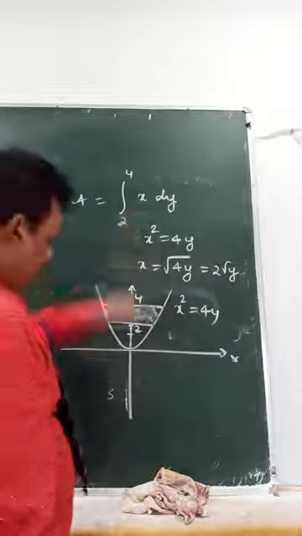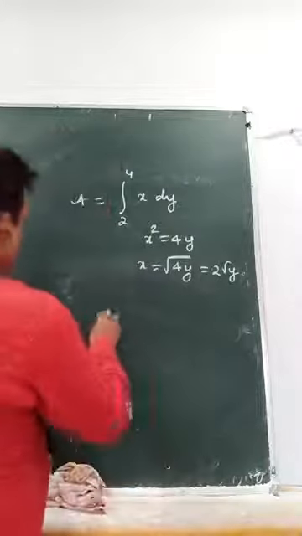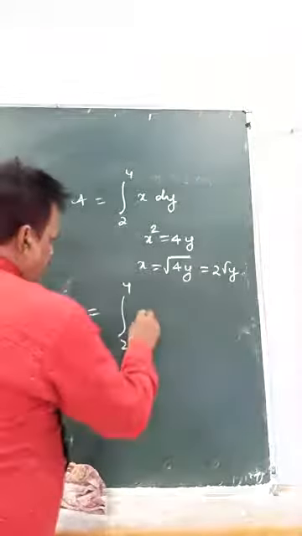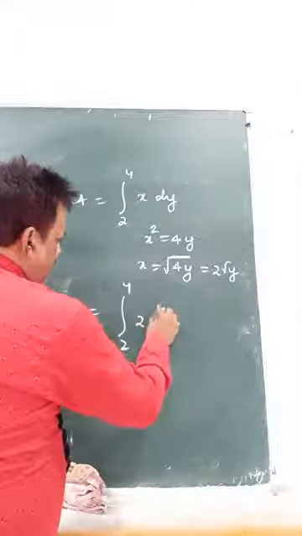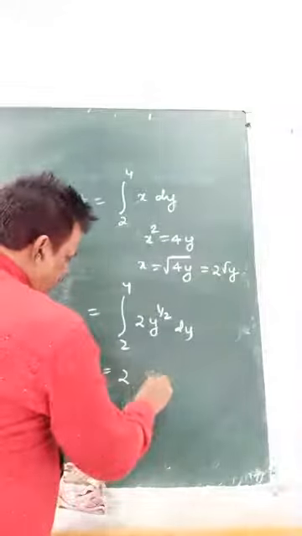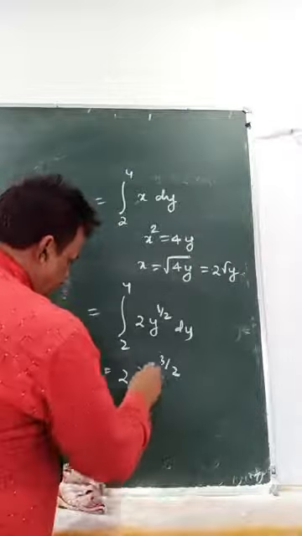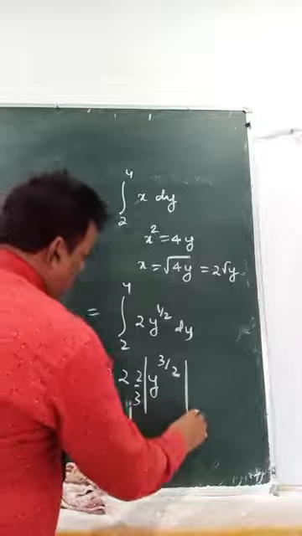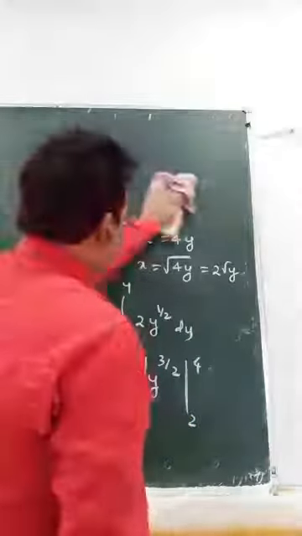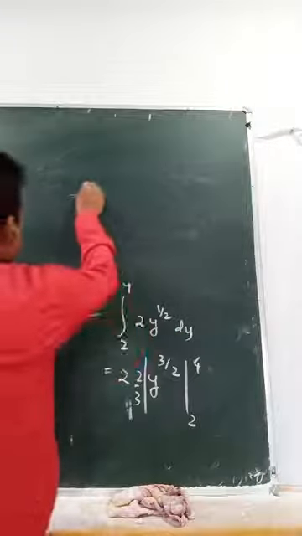So put here, so you'll find 2 to 4, 2y to the power half dy, 2 will remain outside. I have done already. 3 by 2, here is 2 by 3, 2 to 4. So that is 4 by 3,